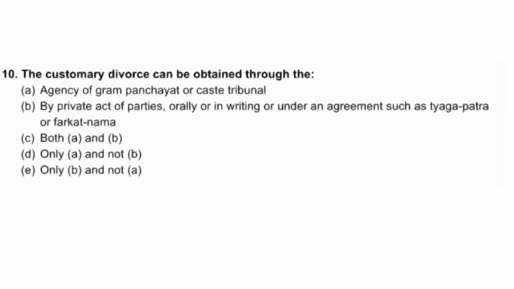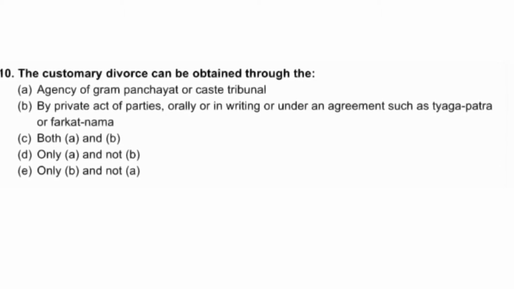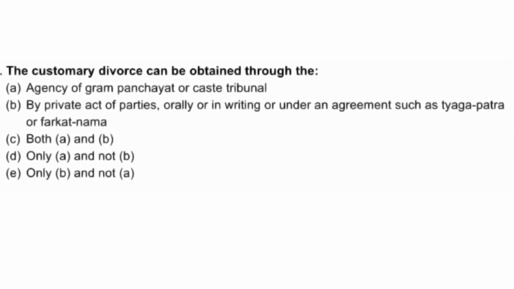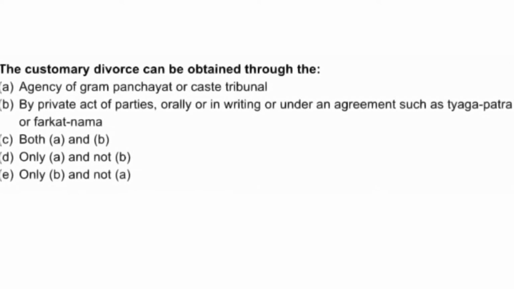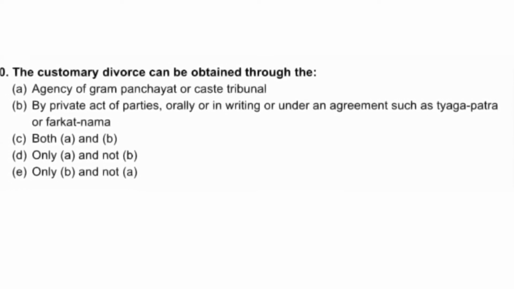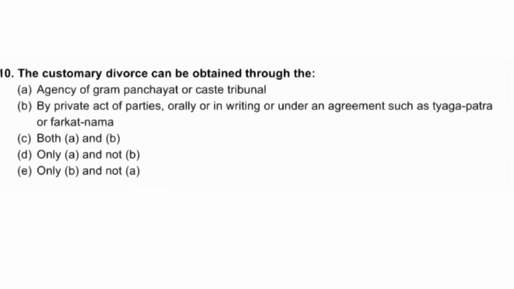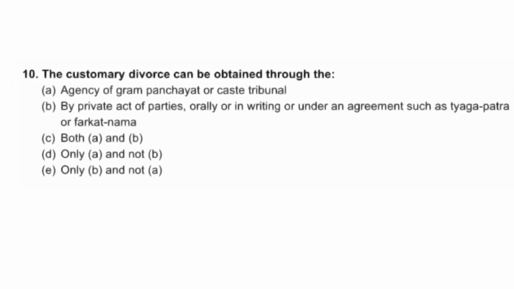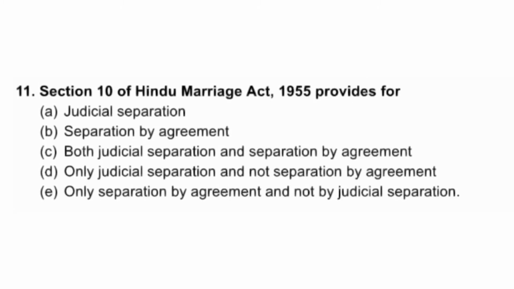आपका टेंथ क्वेश्चन है, द कस्टमरी डाइवोर्स कैन बी ऑब्टेन्ड थ्रू द, आपके ऑप्शन है A. एजेंसी ऑफ ग्राम पंचायत और कास्ट ट्रिब्यूनल, B. बाय प्राइवेट एक्ट ऑफ पार्टीज orally or in writing or under an agreement such as त्यागपत्र and फरकतनामा, C. both A and B, D. both only A and not B, E. only B and not A।